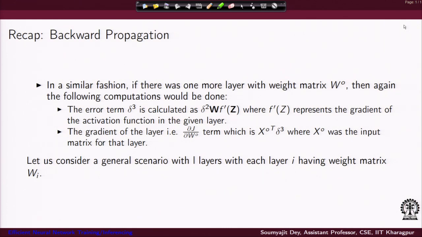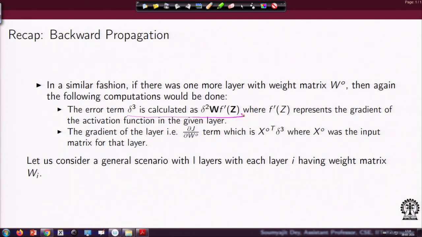If you remember, we have been talking about how to build the dependency graph for a CNN style computation, and in general we also visited how the math for back propagation works. What we could see is that if we have a cascade of layers and we are trying to compute some error term for a specific layer, the way we compute it is that you multiply the error term, the delta 2 for the previous layer, by the weight of the previous layer and the gradient of the activation function in the given layer, right.